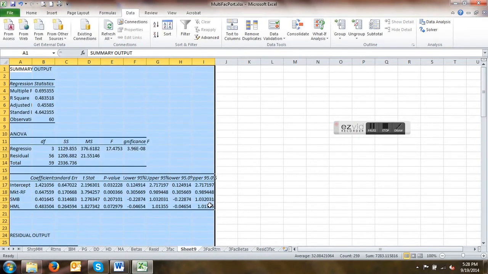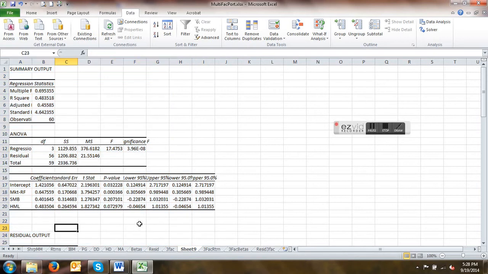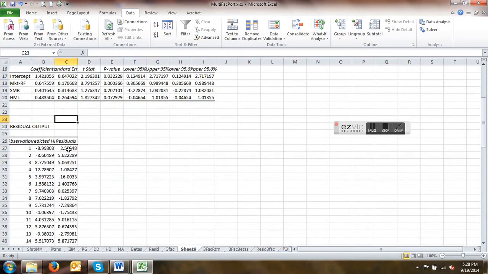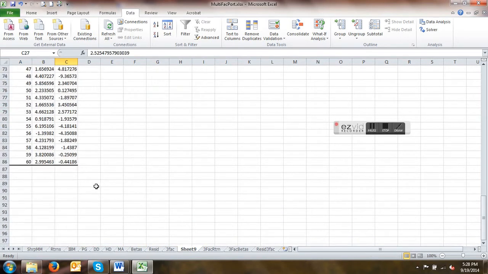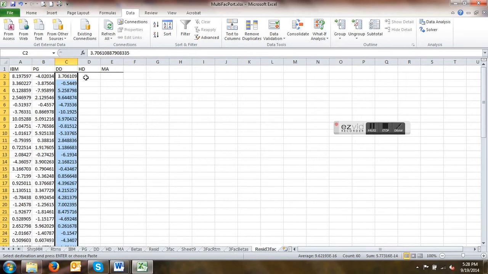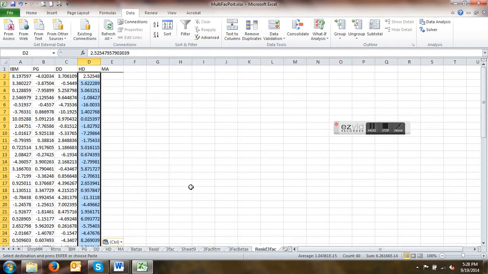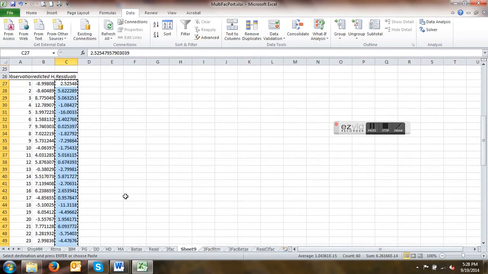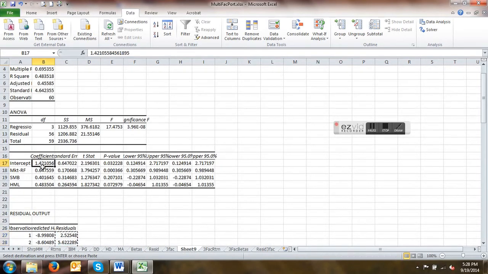We hit OK. So here's our regression results: our intercept, our beta 1, beta 2, and beta 3, and of course our residuals. So we're going to highlight our residuals, copy those, and then drop them into the residual three-factor. We're going to come over here to our return sheet. We're going to highlight our